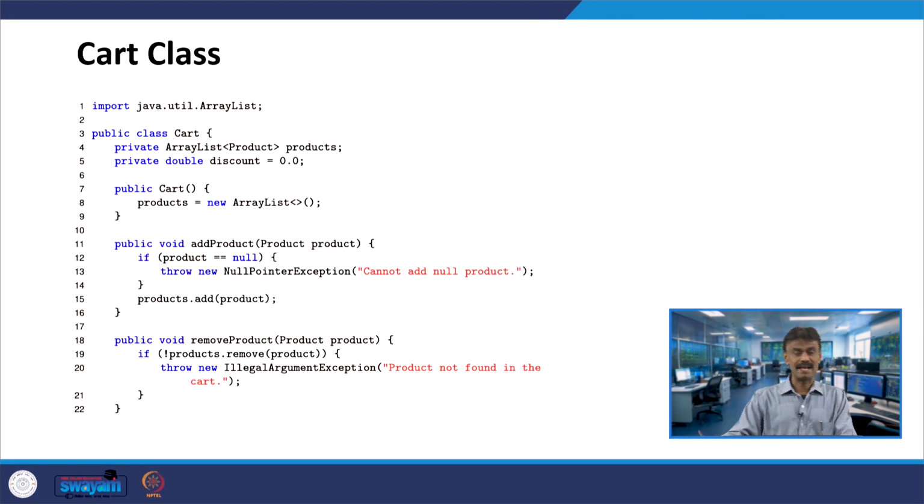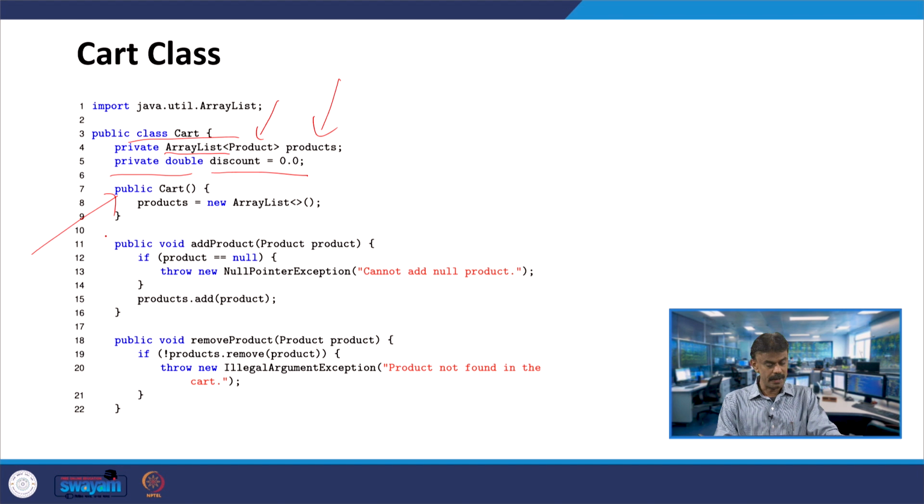So, now the next class is the cart class. Here you have public class cart, you have a list of products, that is the array list of product, where product is the object with small p, and you have a private member data called discount, initially 0.0. And here you have the constructor cart.